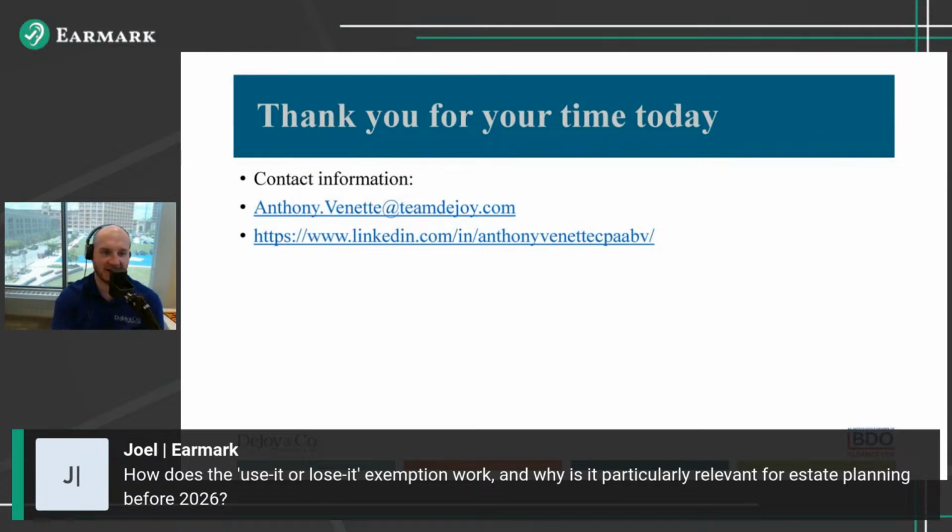So the user-loser exemption. I think maybe take a step back. There's no exemptions set in the code. We're just looking at the unified credit, which connects the gift and estate tax and grossing that up into a net worth value. So it's really specifically aimed at today's issues, right? We always plan around exemption levels, but we don't usually have the problem where the exemption is going to go down, right? Like I said earlier, it's increased every year for inflation adjustments. So in this way, we have a one-time planning opportunity.